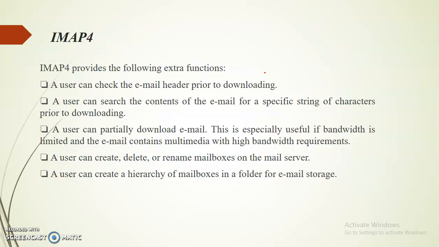We can also download the mail partially if we have low bandwidth, right. So we can do all the things nowadays that we could not do previously. All of you have labels, create folders, segregate your mails, and search the mail without downloading it. All these things we can do just because of the IMAP protocol. You can see in your Gmail settings that the pull protocol used is IMAP.